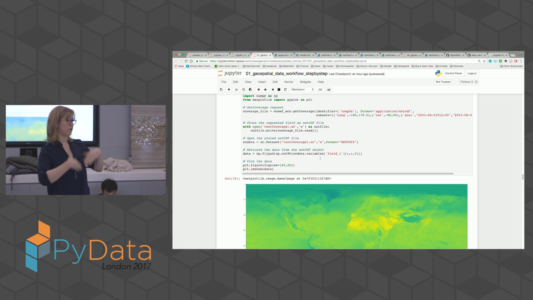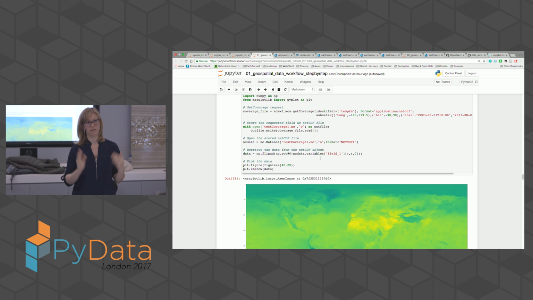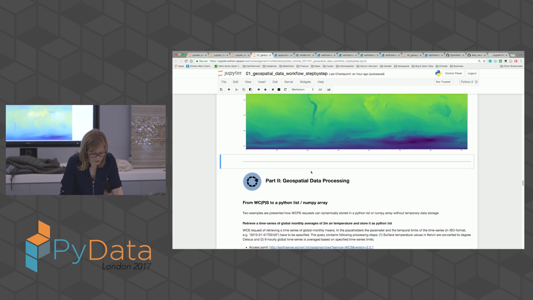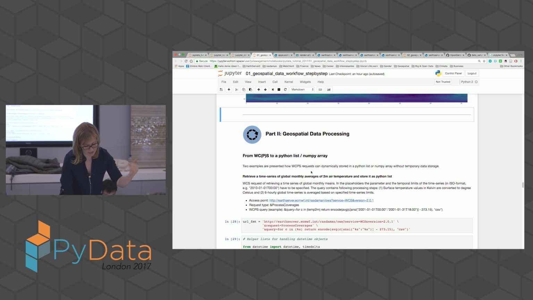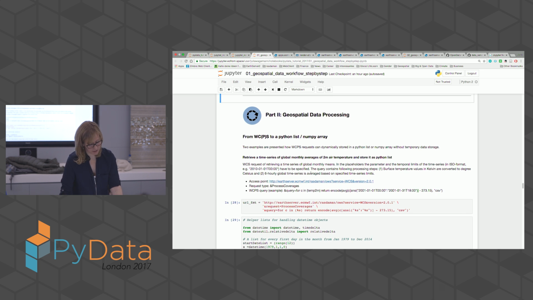So we don't want to download a lot of duplicate data. We want to access the data, process them on the server side, and just get the information we're really interested in. And so another way to work with a web coverage service and a web coverage processing service is to